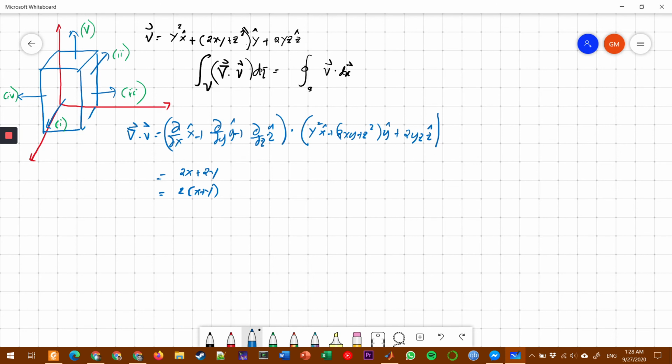And we then substitute that, so that we have the volume integral of 2x plus y d tau. So this is just 2, and it's a triple integral. And this is from 0 to 1, 0 to 1, 0 to 1. So this is x plus y dx dy dz. So this becomes